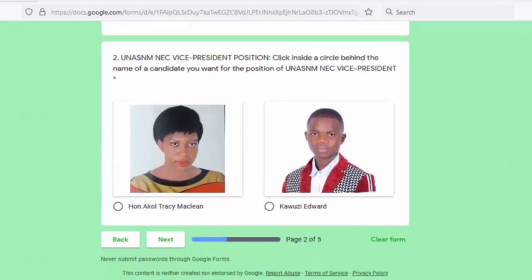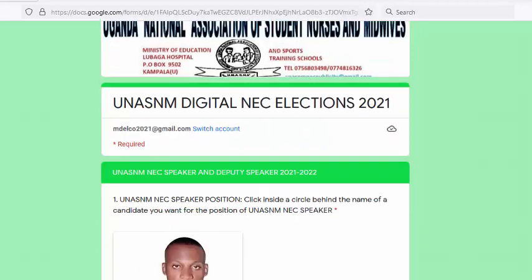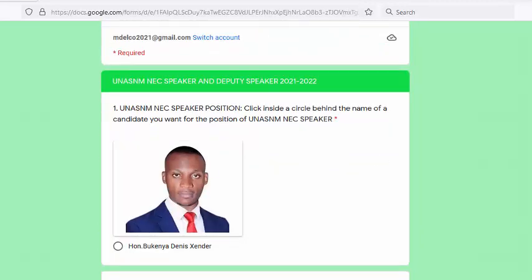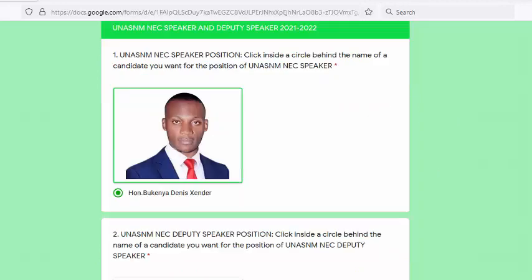Then the next office is the office of the vice president. Also choose the one of your choice, any you wish. Then click next. You will now get to the office of the speaker. Also choose the candidate of your choice.